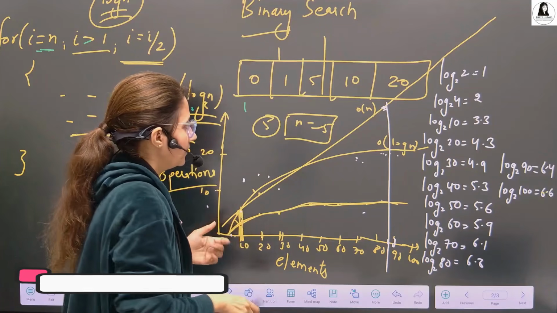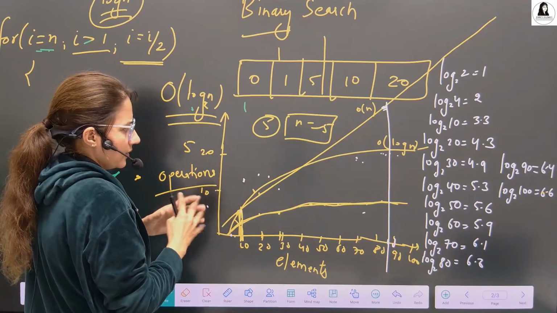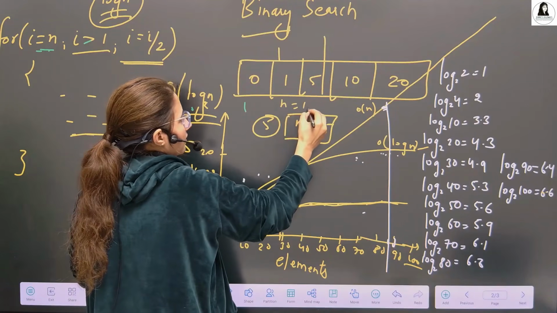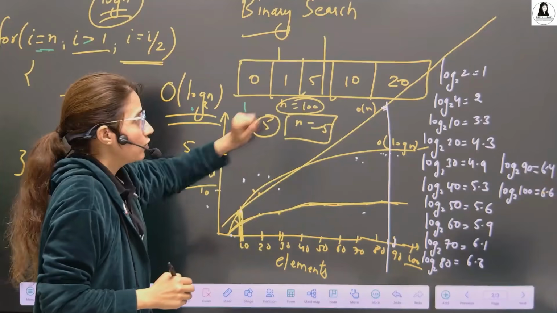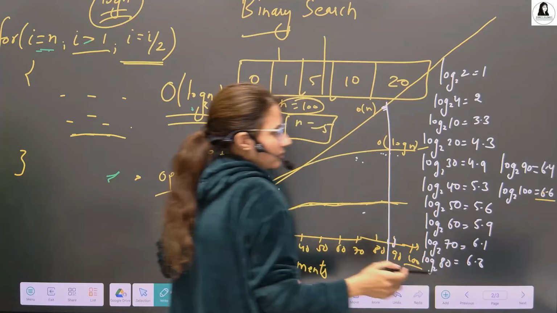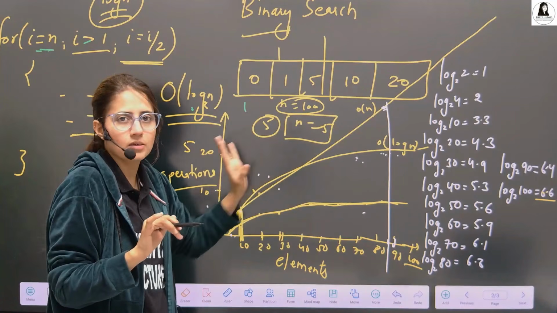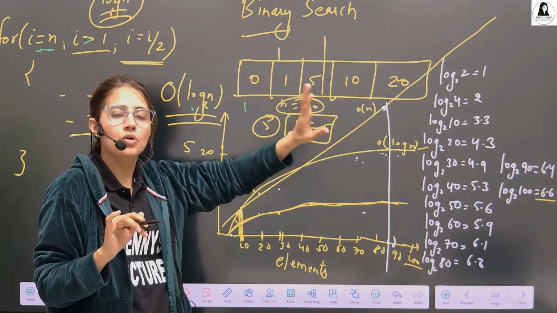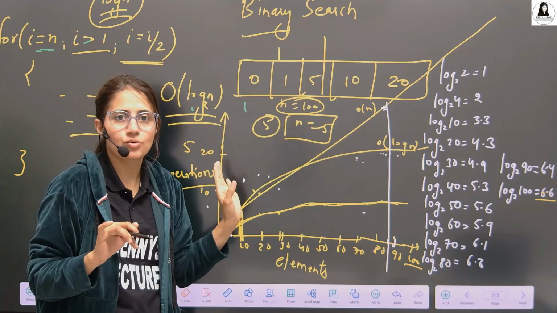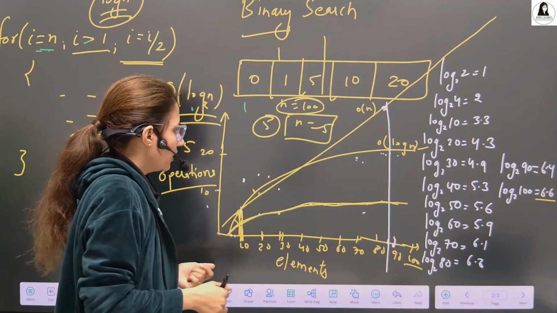Okay, this is the log n graph, something like this, and this is the order of n graph. I hope you got a little bit, right? So if the n is 100 and the array is sorted, you apply binary search and you have to compare at most 7 times, then you get the result. But in linear search, in the worst case, there would be 100 comparisons. In this case, only 7 comparisons because you are dividing the size by half. Okay. I hope you got this.